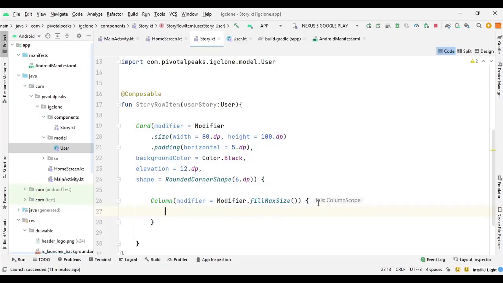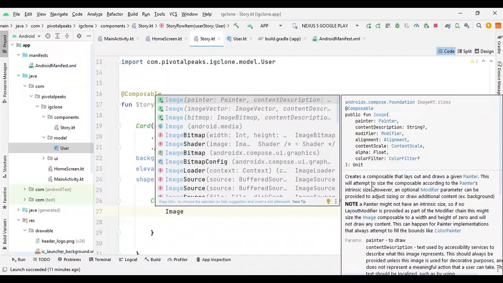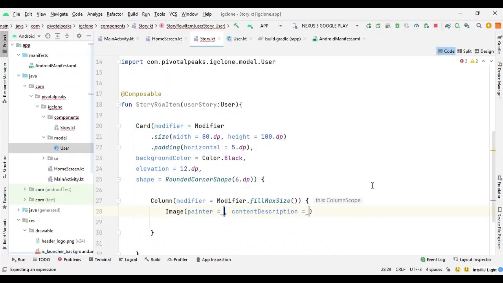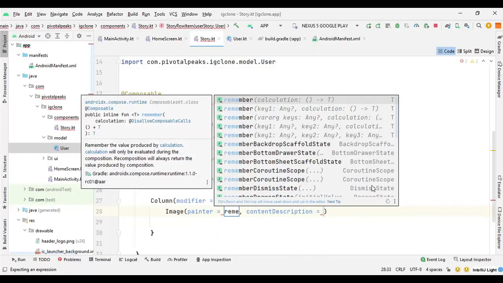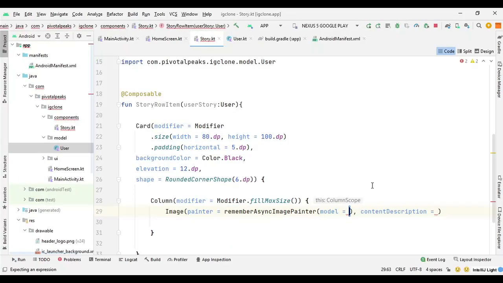Now we can declare our image first for the profile picture of the user. So here we can say Image, painter, and again we can use the rememberAsyncImagePainter. So let's say rememberAsyncImagePainter, and for model we can do the same.